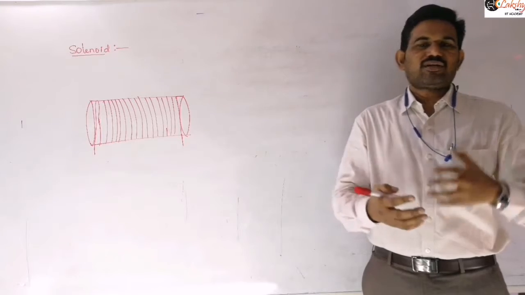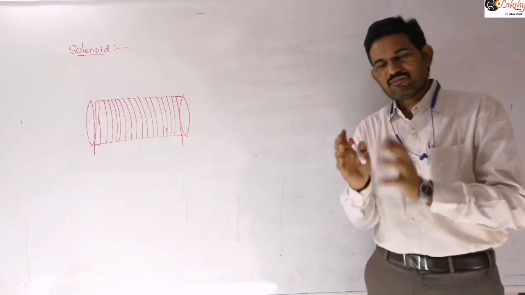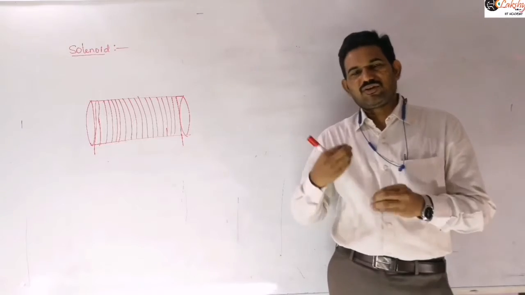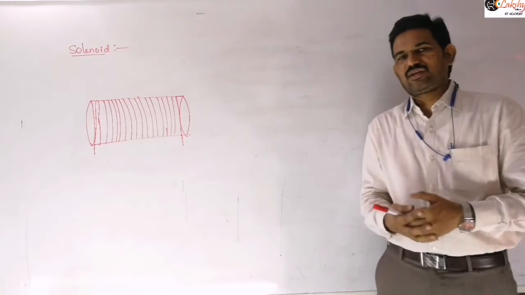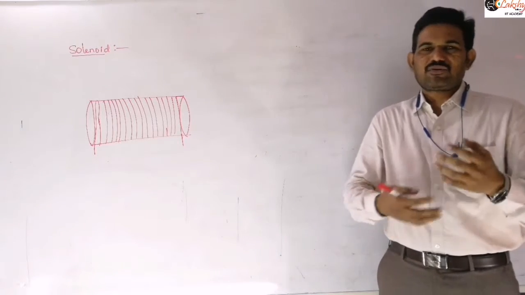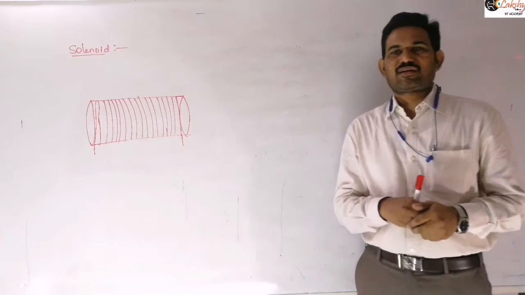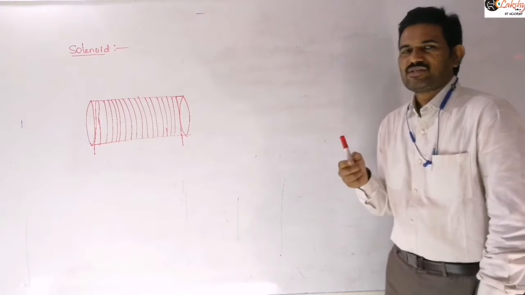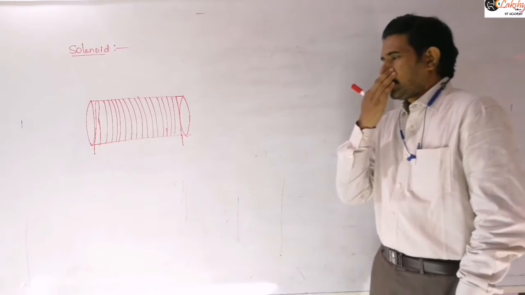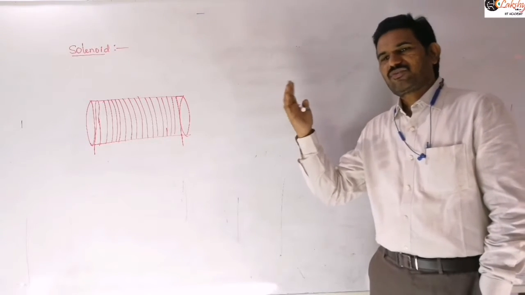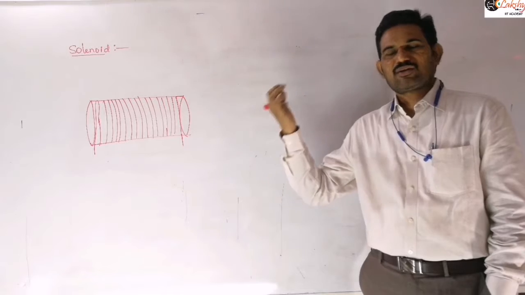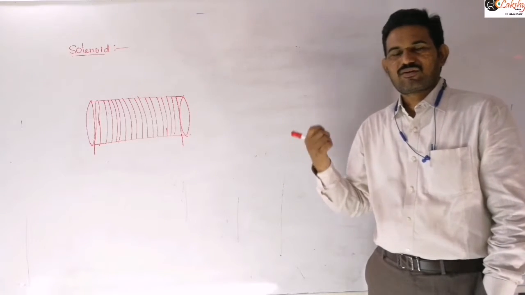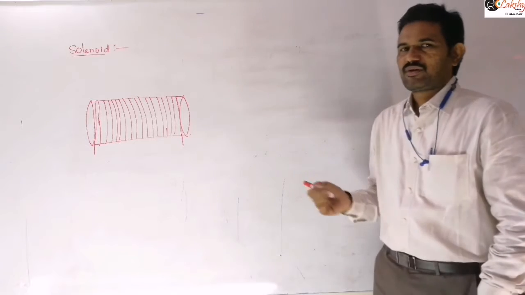With the help of that, the other applications will be there. So what we can say is it produces a desired magnetic field. If you want to increase the strength of the magnetic field, you can increase it. If you want to decrease it, you can decrease it just by controlling the current here, right? The solenoid is generally used for that purpose. It can be used in different places, like what I said, as an electromagnet, or it can be used as a switch in some cases like power off and power on. There will be different other applications as well.